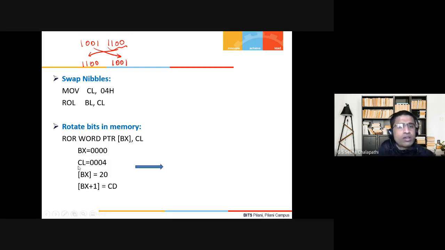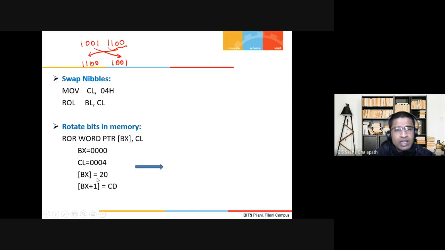Here you are rotating in memory: ROR WORD PTR [BX], CL. Let us say that BX is 0000 and CL is 04.